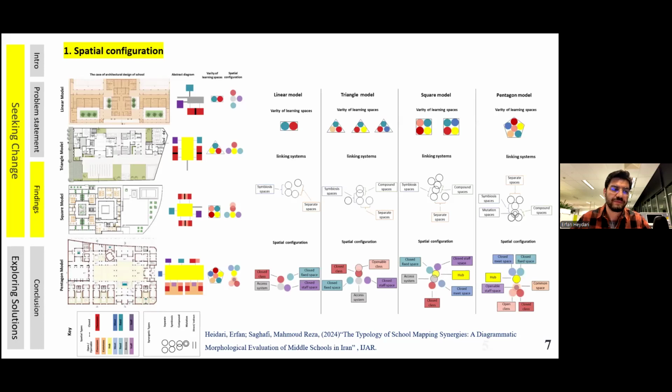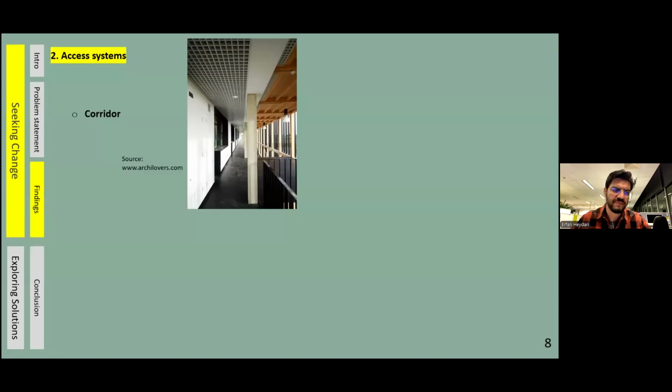The second image showcases the configured school spaces. In this particular case study, 4 distinct models of configuration have been recognized. The first 2 models exhibit limited spatial diversity, while the latter 2 models demonstrate more robust spatial configuration with a variety of potential scenarios. According to the findings of this study, the research has identified 3 access systems within school spaces: